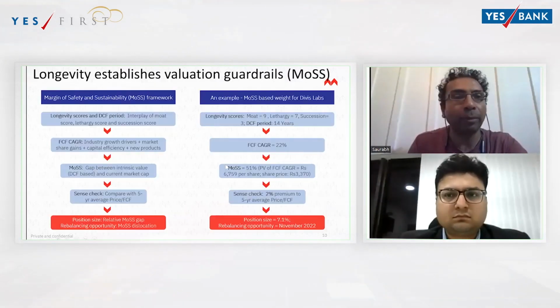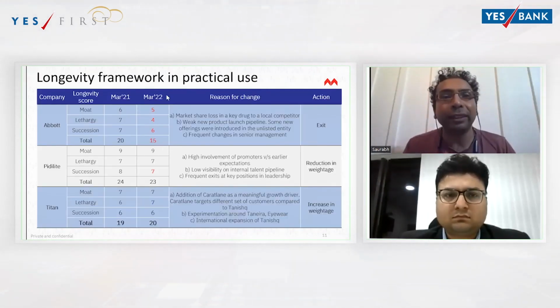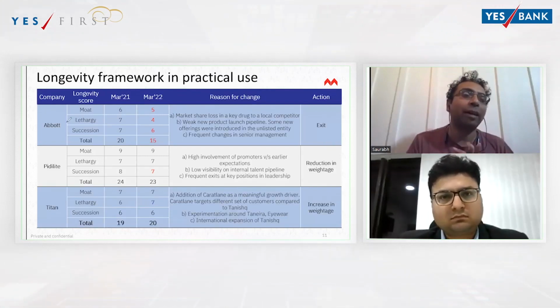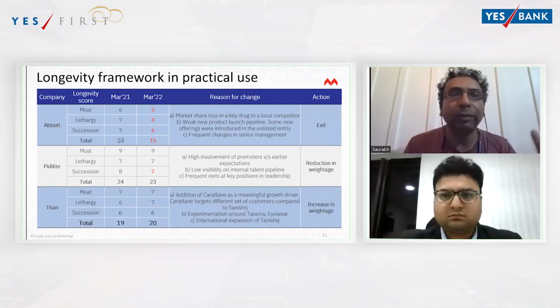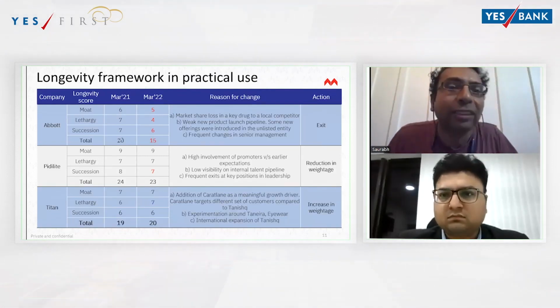So typical year में एक बार we will go through this episode once a year, where the score will drop so sharply that the stock will end up going out. So for example, इस year का जो only exit in our portfolio this year, and typical year में out of 15 stocks, one stock ends up going out.